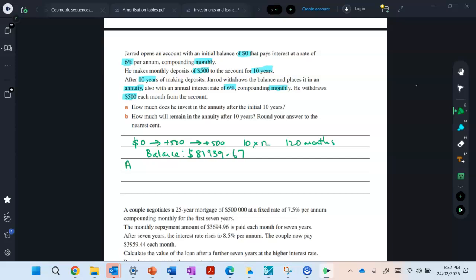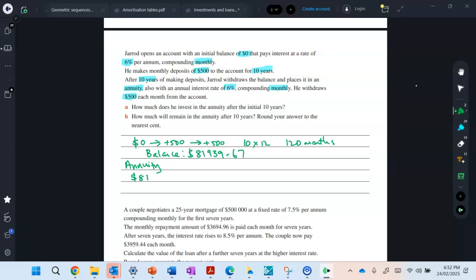All right, so then he has an annuity. So remember, the main difference between an annuity and an investment is that with an annuity, you get money back. But it's your own money. You get your own money back plus interest. After 10 years of making the deposit, Jared withdraws the balance and places it into an annuity, also with an annual interest rate compounding. Okay, so he now